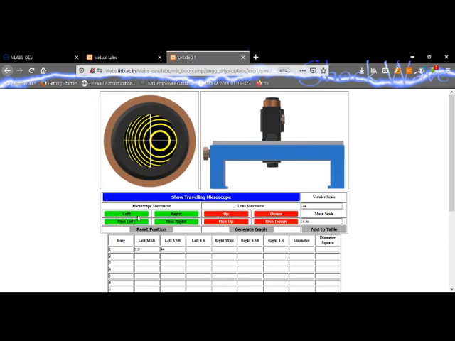Let us go to the second bright ring, and when we put it here, we again click on add to table. So another reading is added into the observation table. We take it further to the next ring, the third bright ring, and we click on add to table, so it goes to the observation table. I will take one more reading. This is the fourth bright ring, and the readings are added into the observation table.